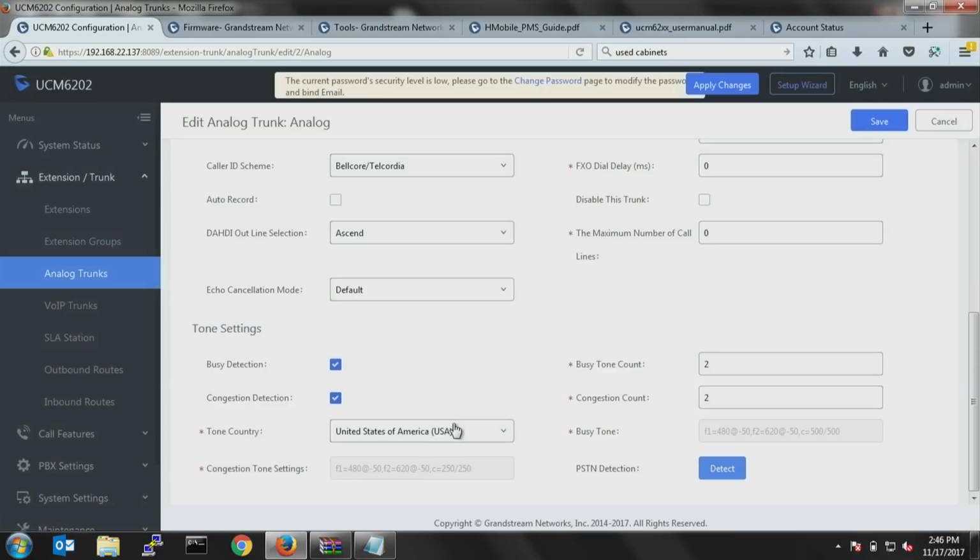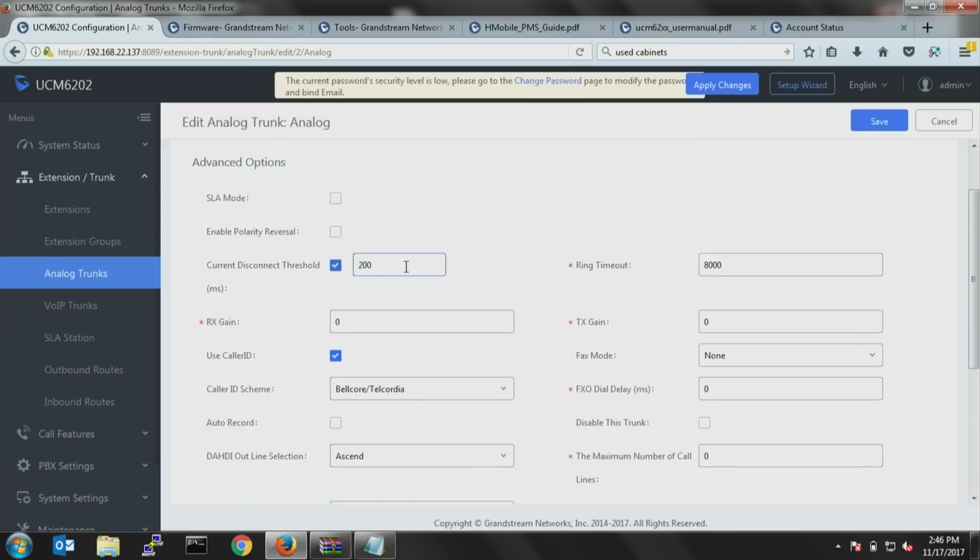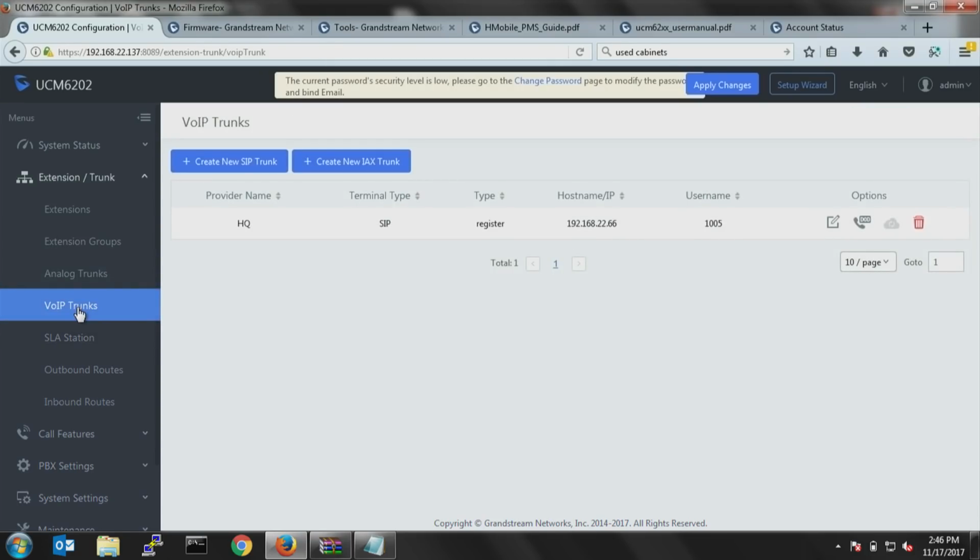So when you complete the detect process, the UCM is going to detect the parameters of the line, the POTS line that is coming from the CEO, and it's going to update all these settings with the parameters detected. So this is for analog trunks. In case you're using SIP trunks,